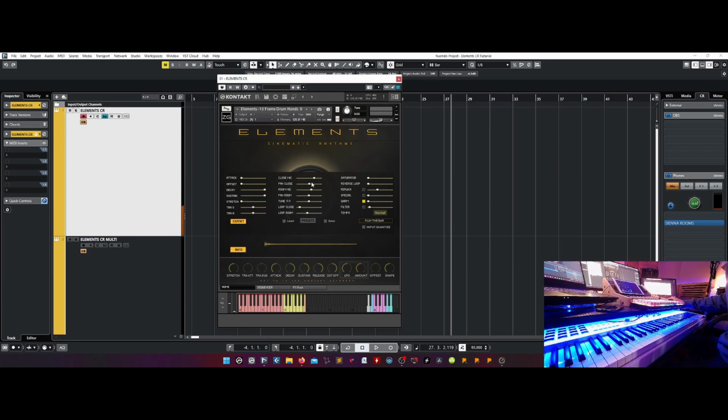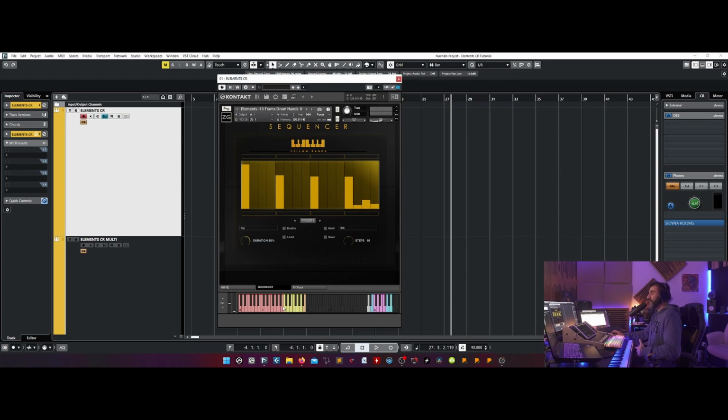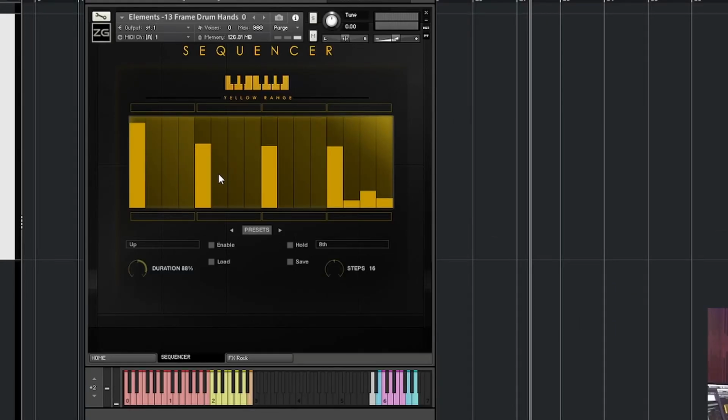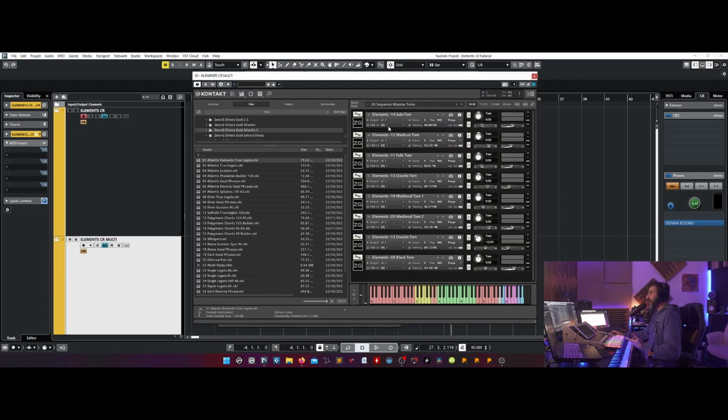Okay, well, so round robin, audio loop, all together, and then there is the sequencer. With the sequencer, you play the round robins in an automatic way. And of course you can combine all these three ways.